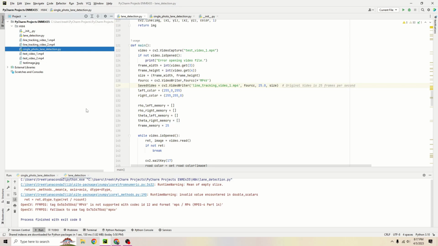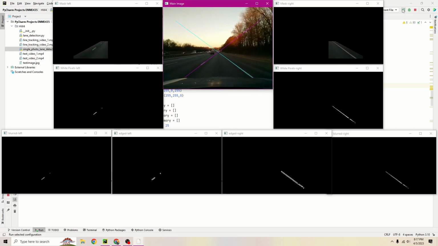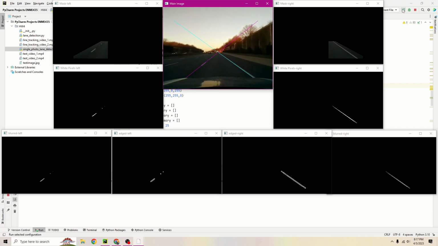To begin, I'll show my algorithm's performance in the first video. Within the center is the main video of the road and the line tracking. Within this video, the magenta line represents the algorithm following the left lane line, and the teal line is the algorithm following the right lane line. Along the left and right sides, you can view the preliminary steps that the algorithm is taking to perform this